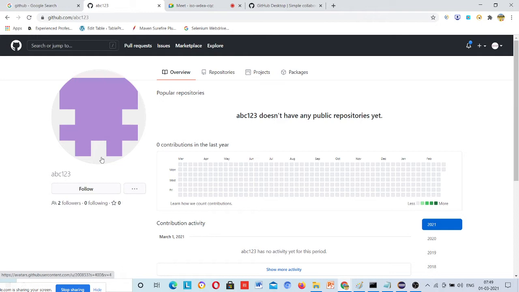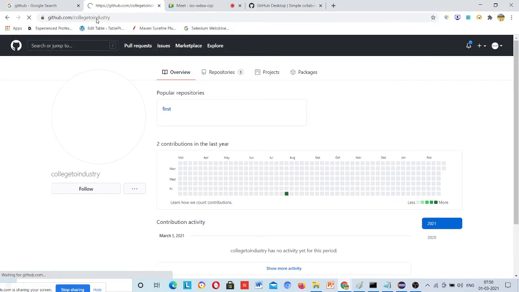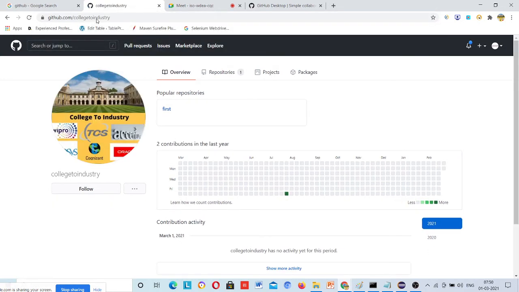I also created a private account with my username. Some new codes will be coming here, and you can follow this as well.